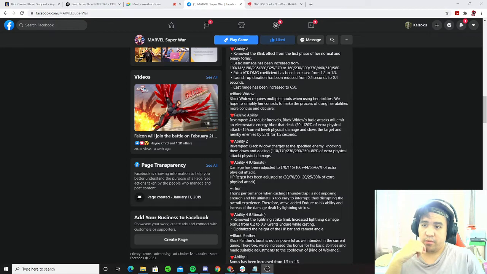Black Widow requires multiple inputs when using her abilities. We hope to simplify her controls to make the process of using her abilities more concise and decisive. So passive ability, they revamped it. At regular intervals, Black Widow's basic attack will emit an electrostatic energy blast that deals physical damage and slows the target and nearby enemies. So this one previously was on her second skill. Now it is incorporated into her